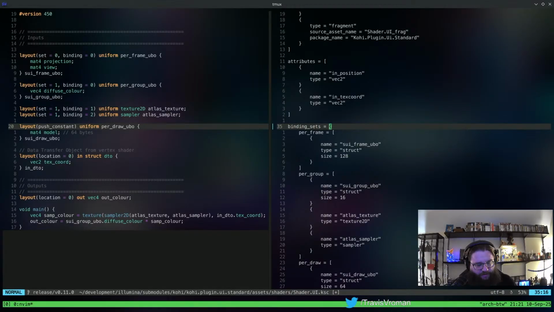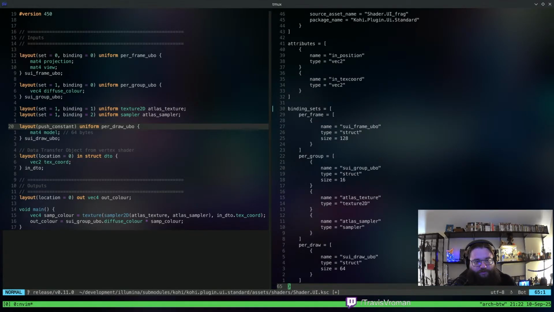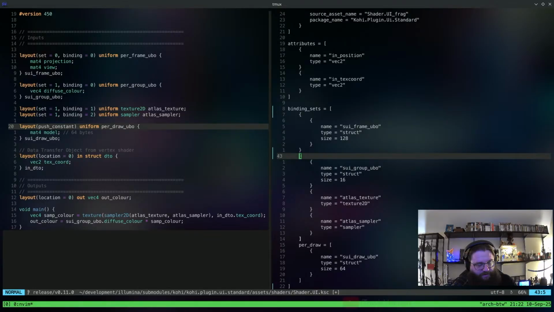And this is going to be an array rather. Let's go to the bottom and change that to be an array. And then the internal sets in here are just going to be objects instead, right? So we've got that.